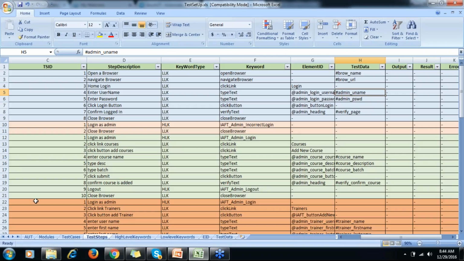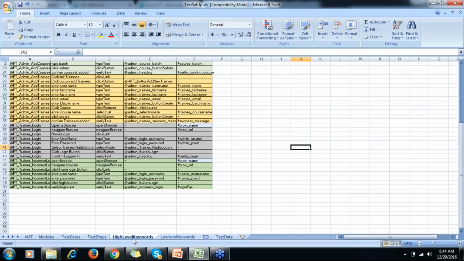I don't think any scripting is involved here. You just need knowledge of how we set up this Excel or that in your portal, and some basic knowledge of how we identify elements and how we create XPath. If it's not there, you can take help of an automation engineer, and they can provide you all those element IDs. So we just have to map those things. Okay, so if I go to high level key